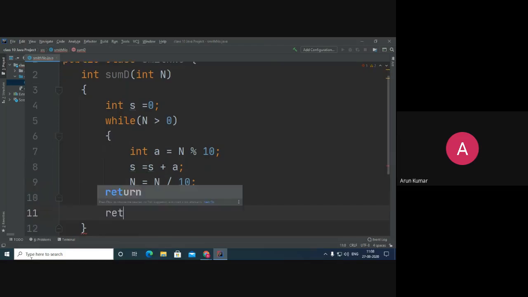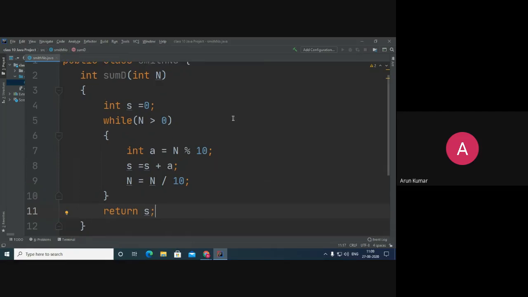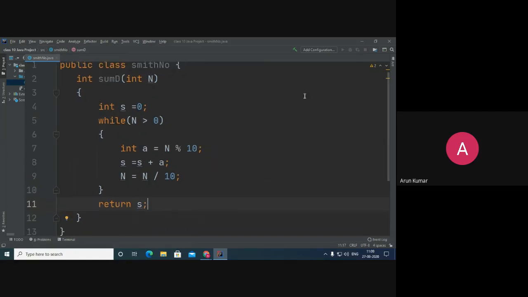After that, just return s. Children, this is how we are calculating the sum of the digits.